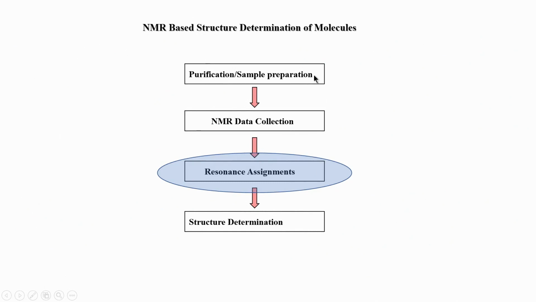We looked at isotope labeling and how the sample is prepared. Then, in the first part of this course, we looked at how to collect data, what the different 1D, 2D, 3D NMR data are that we collect, and how they are collected. Now we will see that once you get those data, how do you actually assign a protein. This is a very important step.